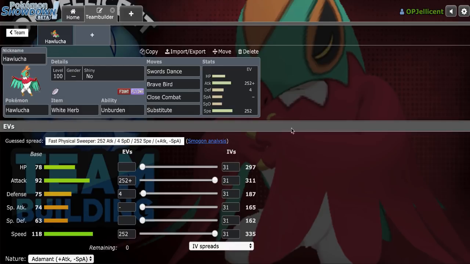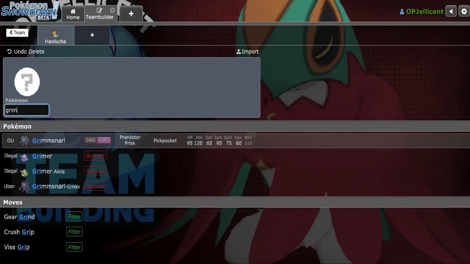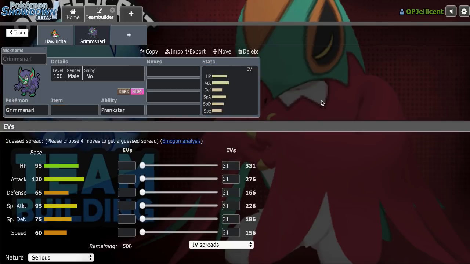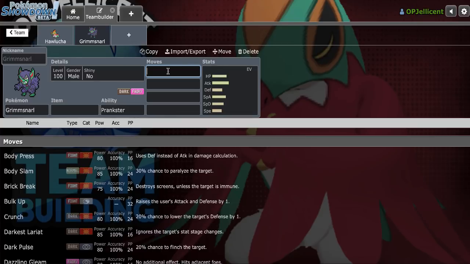I actually tried Close Combat White Herb Hawlucha for the first time the other day, and it was a lot of fun, so I definitely want to try it out. The other day I did it with just Sash Drill and 5 other sweepers. However, today I'm going to try it under screens, which I haven't used since the Dynamax ban. I did try dual screens Grimmsnarl once while Dynamax was allowed, but I'm curious to see how much the meta